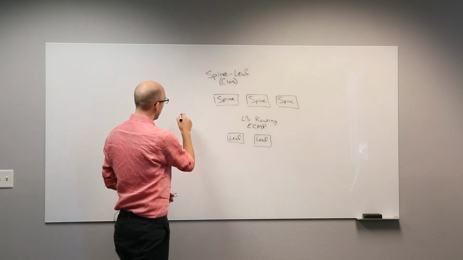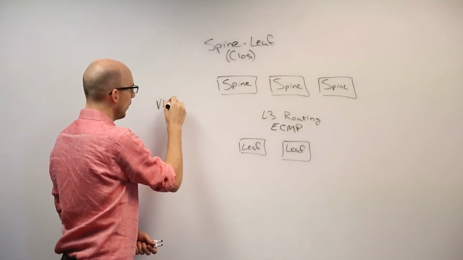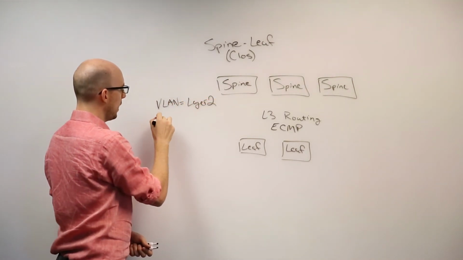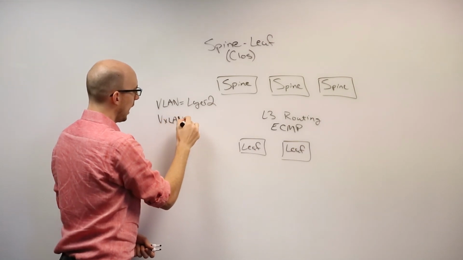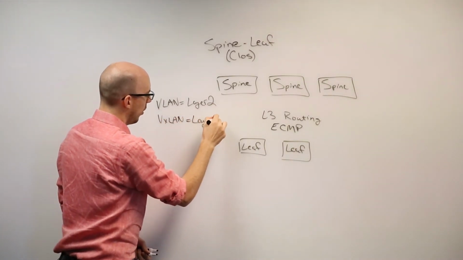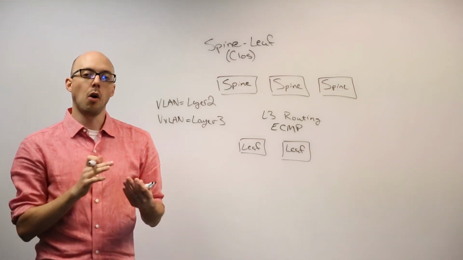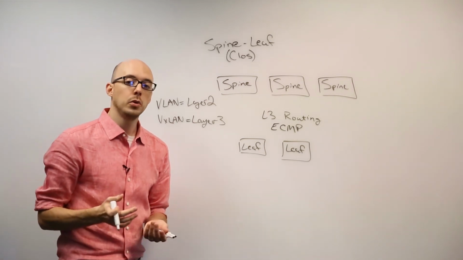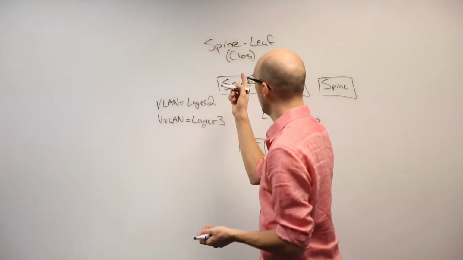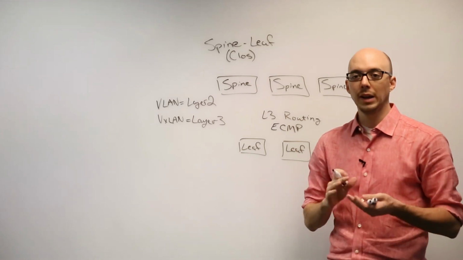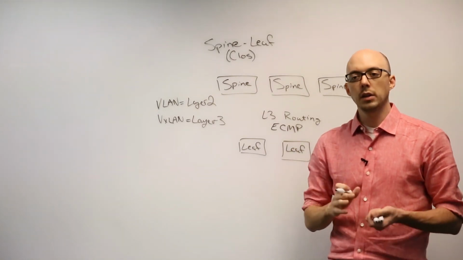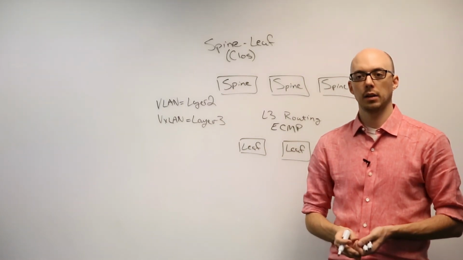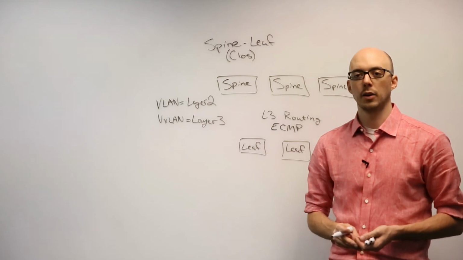So it's important to remember VLANs require a layer 2 network, while VXLANs can work over a layer 3 network while providing all of the same characteristics and capabilities. So this has been an overview of building spine and leaf or CLOS networks within an OpenStack environment or any private cloud infrastructure. And look to the other videos in this series to talk about things like EVPN, an overview of OpenStack, or comparing VLANs and VXLANs in an OpenStack deployment.